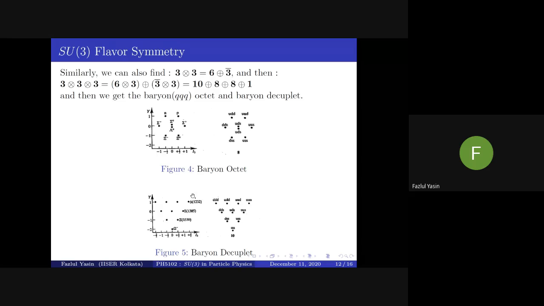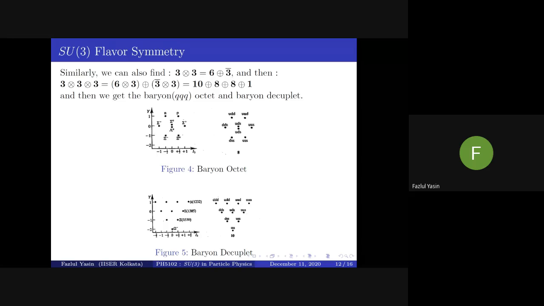Now, this was very useful because some particles, say like omega minus here, weren't discovered by that time, but it was predicted by this model, and when omega minus was finally discovered, it validated the quark model and hence